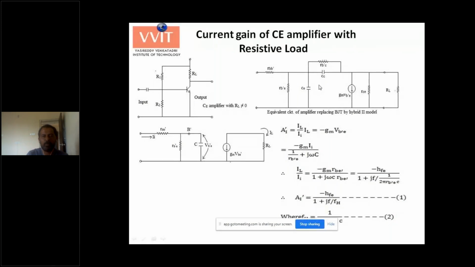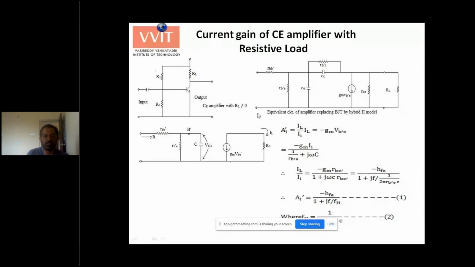I hope you are familiar with Miller's theorem. There are two types: Miller's theorem and the corollary of Miller's theorem. Now we have to use only Miller's theorem, since these two are placed in between the input node and output node. After some simplifications, you get this equivalent circuit, and you need to look at the input time constant and output time constant. Please refer to your classroom material for how we arrive at this situation.